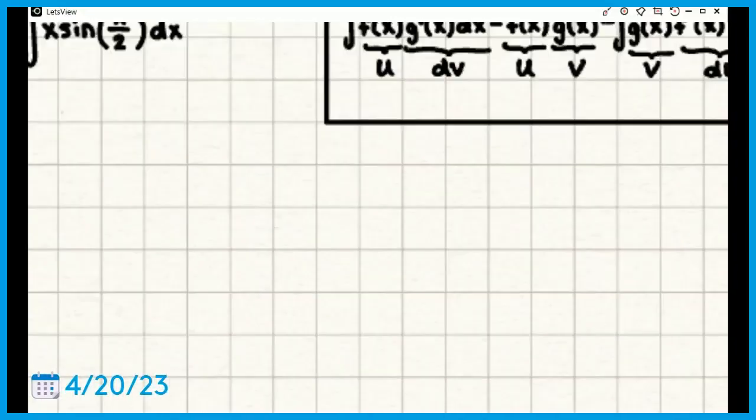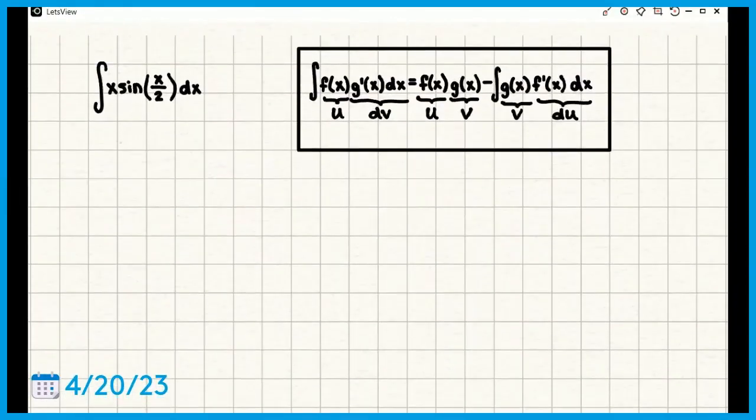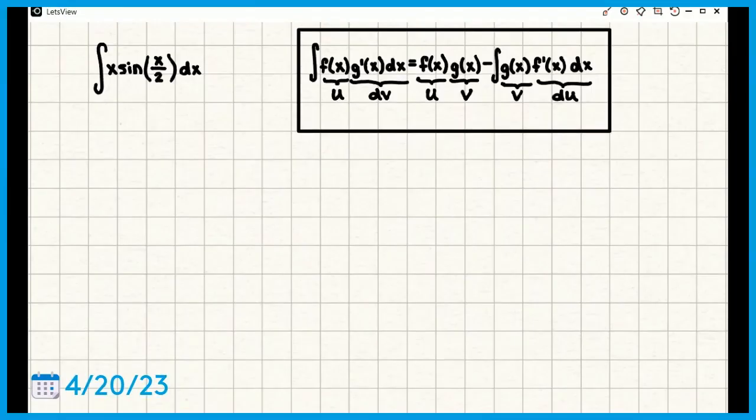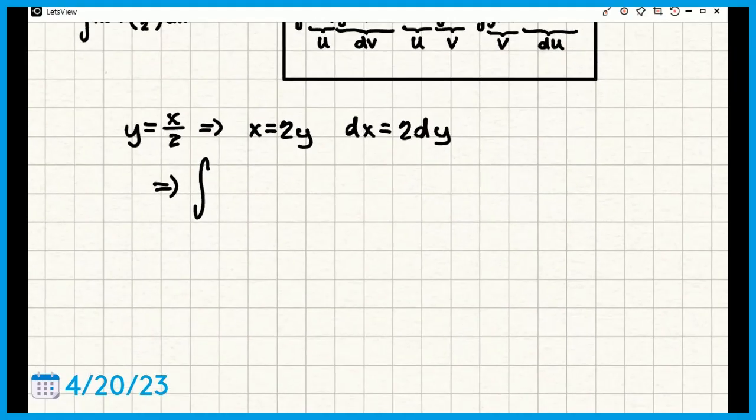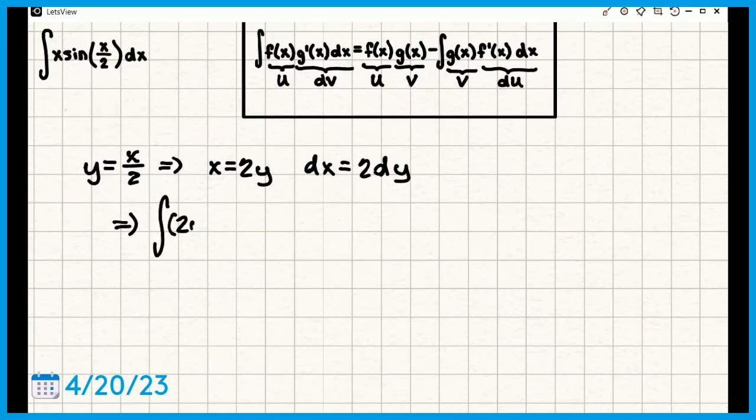Alright, so first thing that we want to do with this integral is we want to put it in a simpler form. So we're going to make the substitution y is equal to x divided by 2. And then if we arrange that, we get x is equal to 2y, and dx is equal to 2 dy. Rewriting our integral, we get 2y times sine of y times 2 dy, which is equal to 4